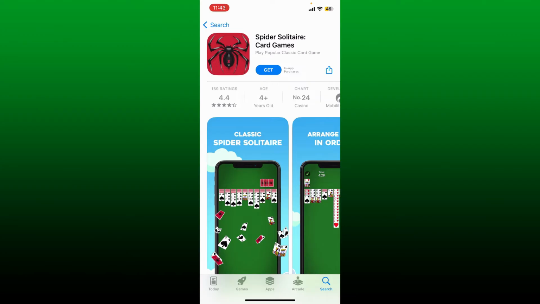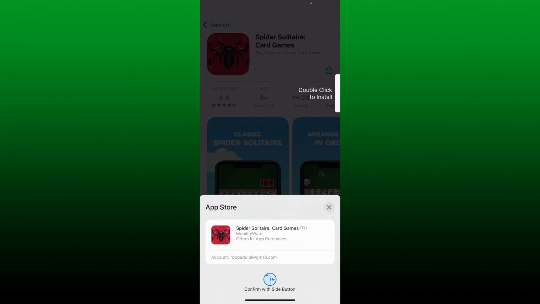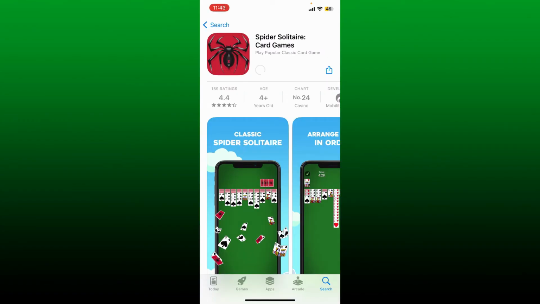The Spider game is a type of patience game and is one of the most popular two-deck solitaire games. To get the application downloaded, tap on the Get button and confirm your identity and wait for the app to begin the installation process. After you wait for a couple of minutes, you'll be able to download the application right away on your iPhone. Soon after the application is downloaded and is ready for use, tap on the Open button